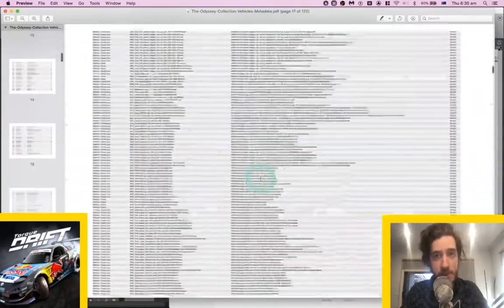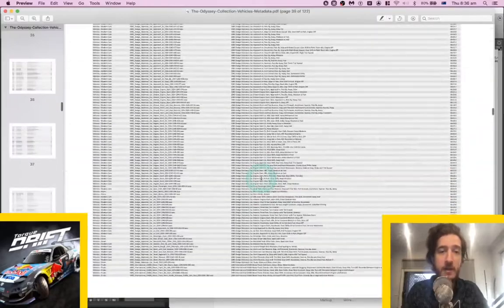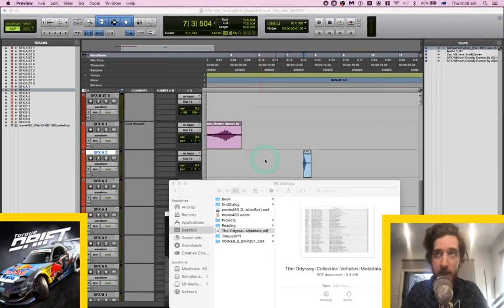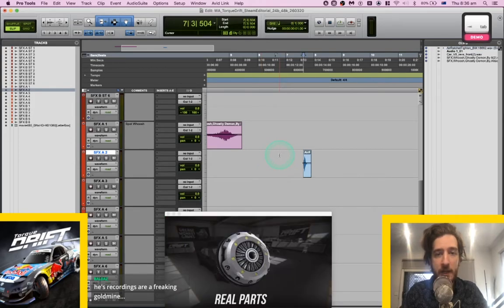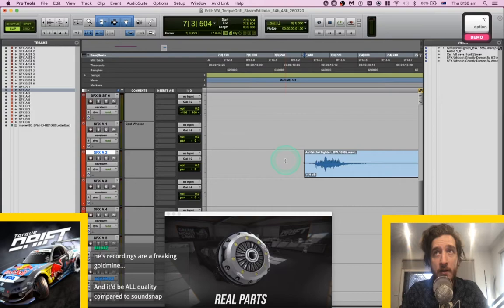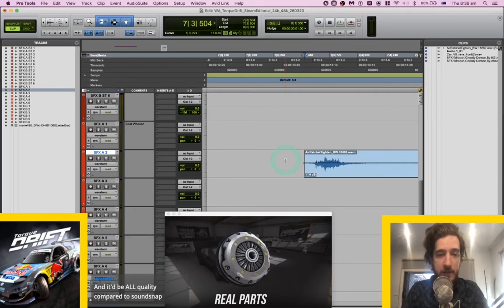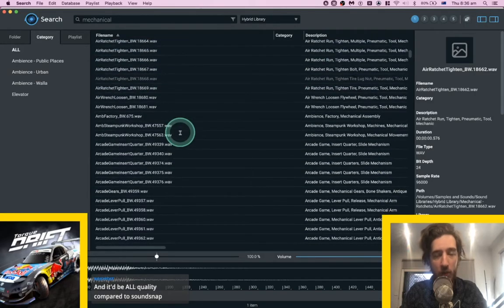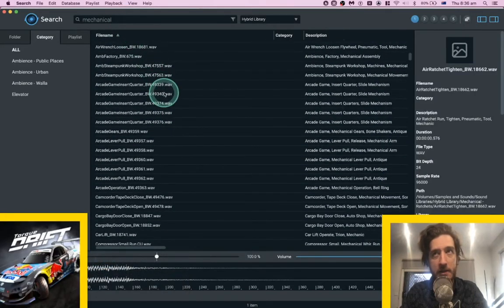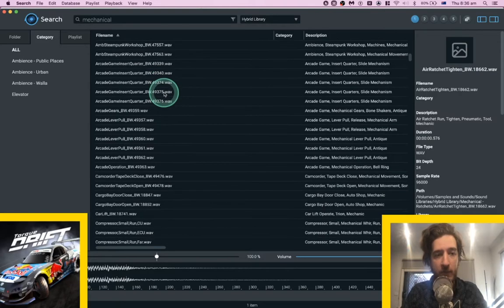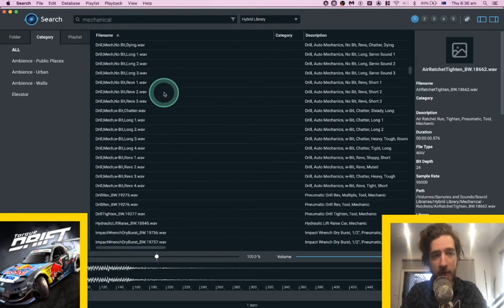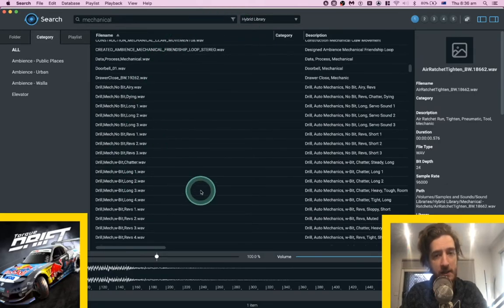Hopefully I'm going to build something like this. It won't be as good as Mark Mangini's, because there's 122 pages of sound effects. But look, we can't record this stuff, especially not in Australia. These cars don't exist anyway, so it's a bit hard to get them all there. But yeah, that's the thing. It is all quality compared to SoundSnap. The hard part, maybe not all of it: there is still some stuff, particularly digital, like the gamey or arcadey stuff, anything UI related. You're better off still just making all that. But this is pretty mental.